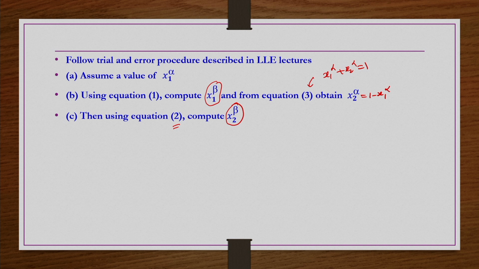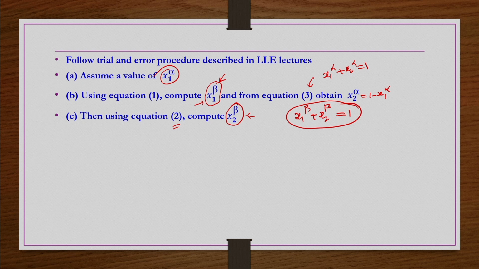So, x1 alpha we assumed and then x1 beta, x2 beta we calculated, right. Now, this x1 beta and this x2 beta, when you add them together they should come equal to 1. But what we are doing is calculating x1 beta and x2 beta from two different equations. So, that is the reason we now have to check whether x1 beta plus x2 beta is equal to 1, is it coming equal to 1 or not. If it is coming equal to 1, then the solution is reliable, or the assumed x1 alpha is reliable and the obtained x1 beta is the correct value.